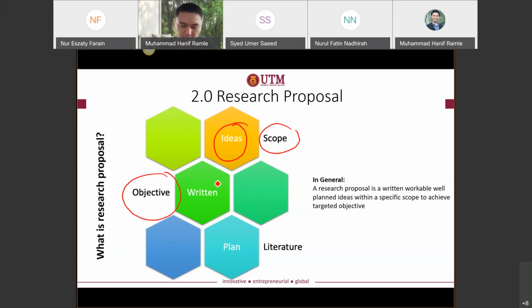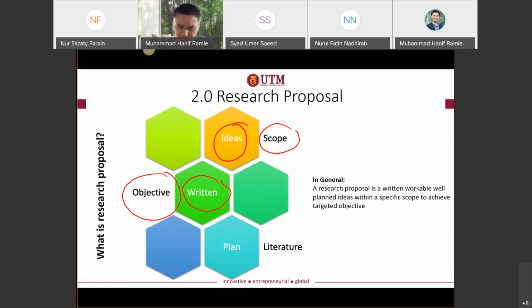Okay, and then the research proposal should be written very wisely. You have to follow the UTM template, for example. Normally I ask my students, like Ain and Hanif, to follow the UTM template, because later on your proposal will be converted into a thesis. So in the beginning, you should follow the UTM template to avoid many errors, and many jobs of editing and writing later on.